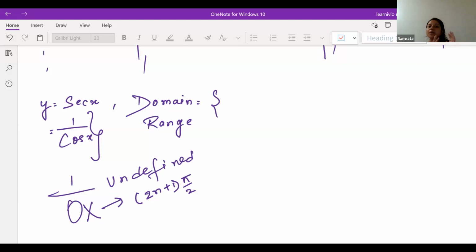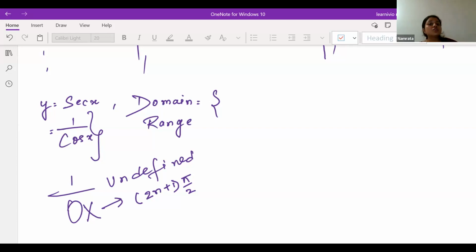sec x का क्या मतलब होता है? 1 by cos x. अब डोमेन का क्या मतलब होता है कि जो जो वैल्यू x के लिए हम लोग ले सकते हैं उसको डोमेन बोलते हैं. तो x के लिए तो कोई भी वैल्यू ले सकते हैं, रियल नंबर में से कोई भी रियल नंबर ले सकते हैं. लेकिन जब भी एंगल odd multiple of pi by 2 होगा वो नहीं ले सकते, क्योंकि उससे डेनोमिनेटर 0 बन जाएगा और डेनोमिनेटर 0 होते ही हमारा फंक्शन अनडिफाइन हो जाएगा। तो कौन कौन सा वो एंगल है जिसपे डेनोमिनेटर 0 हो जाएगा? वो एंगल है π/2, 3π/2, 5π/2, 7π/2।